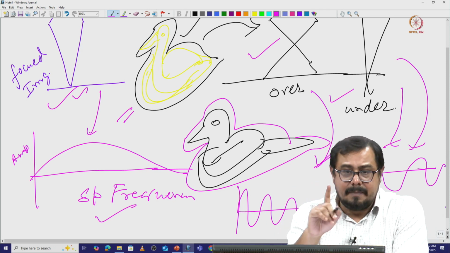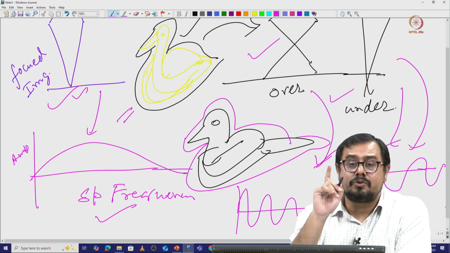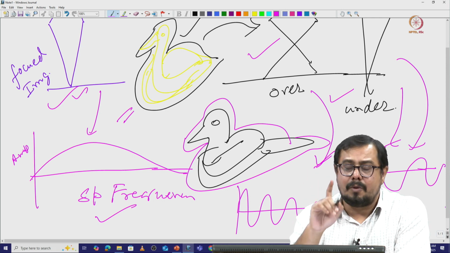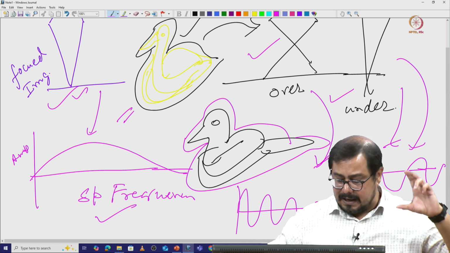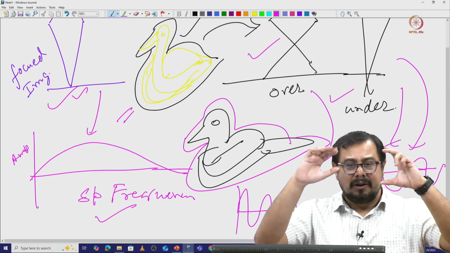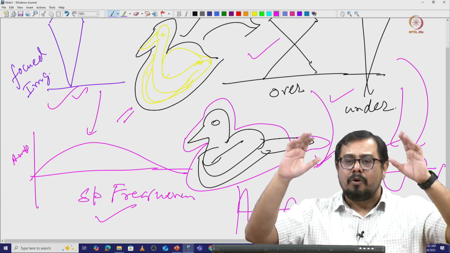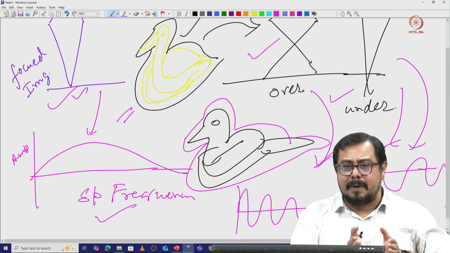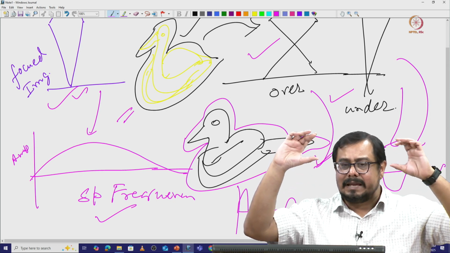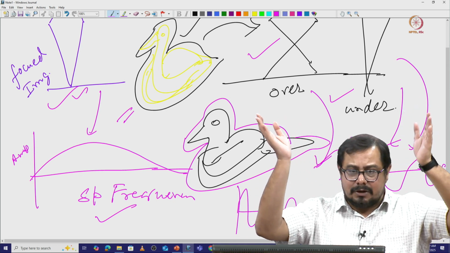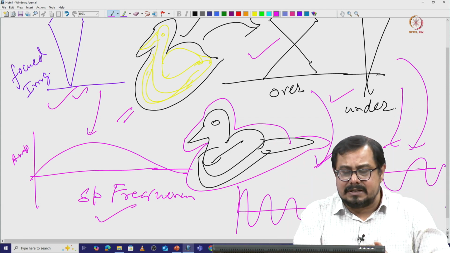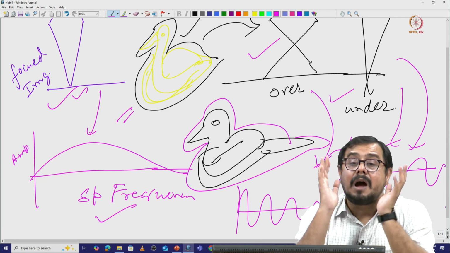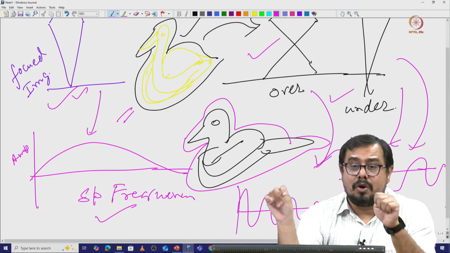One more thing you should remember: last class I also discussed astigmatism. Astigmatism is a very common problem whenever you go to the microscopy room. If there is an unstable lens system, or a little variation in the magnetic field of the lens, the electron beam will converge in two different planes. If one side of the lens is asymmetric, one side will converge in one plane and the other side in another plane, and then it will give you an elliptical kind of power spectrum. How this power spectrum should look, we are going to discuss.